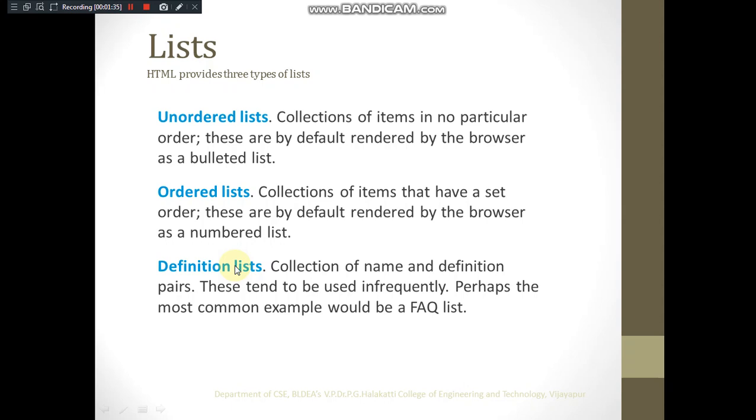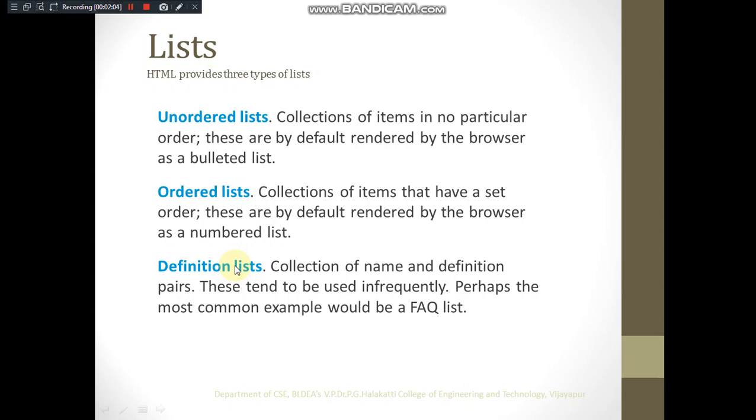For example, say I want to make a list of abbreviations and their long forms. So I take the abbreviation as the numbering style, displayed just a little above, and the long form of that as the item, that is the content of that particular list. So you have to specify both of them explicitly. In that case we make use of a definition list.